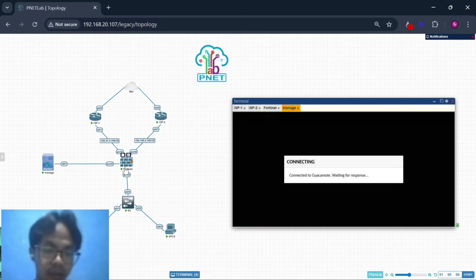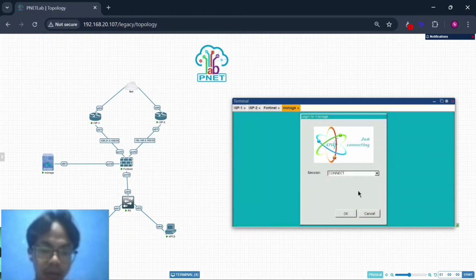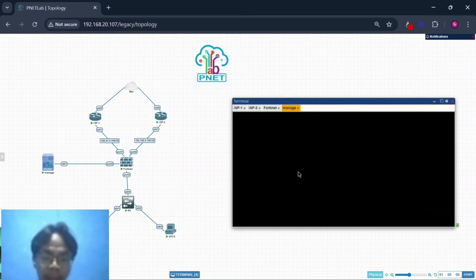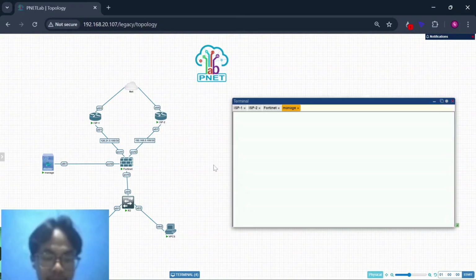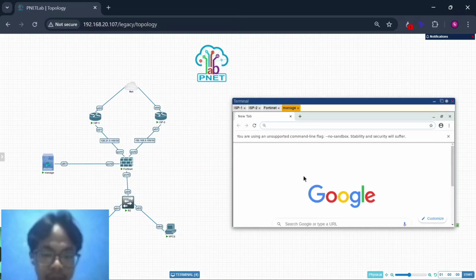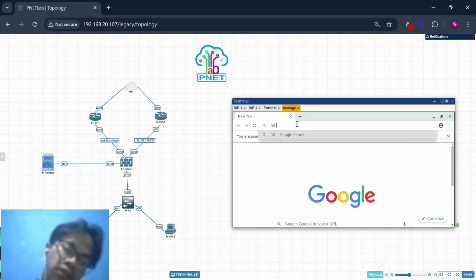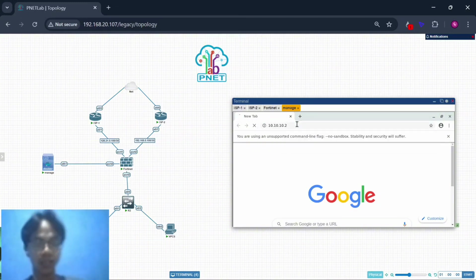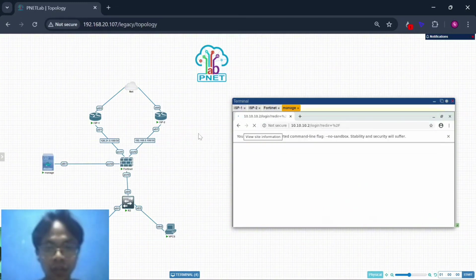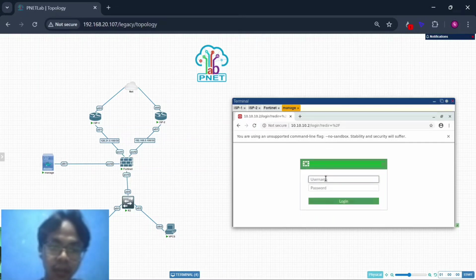And now I can access this FortiGate device from this Docker via web config, like this. Inside Google, you write this IP 10.10.10.2. This is the IP from port 4. Now you go to the FortiGate web browser, not web config.